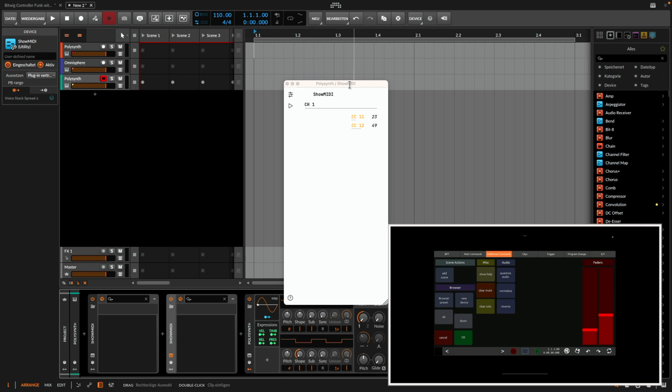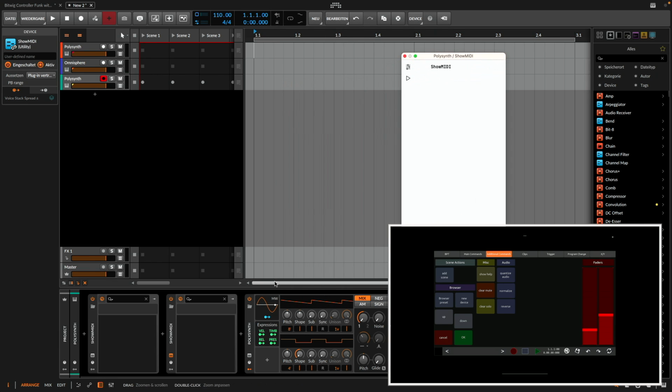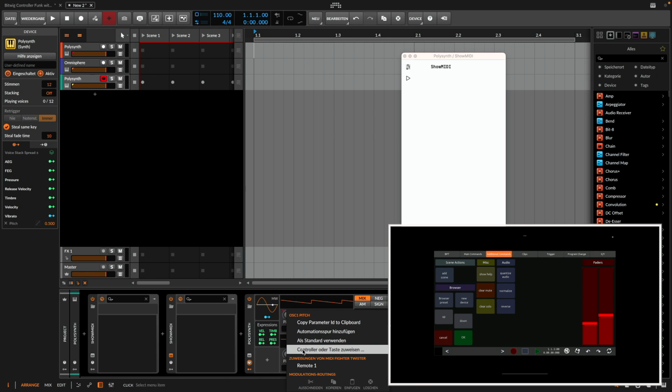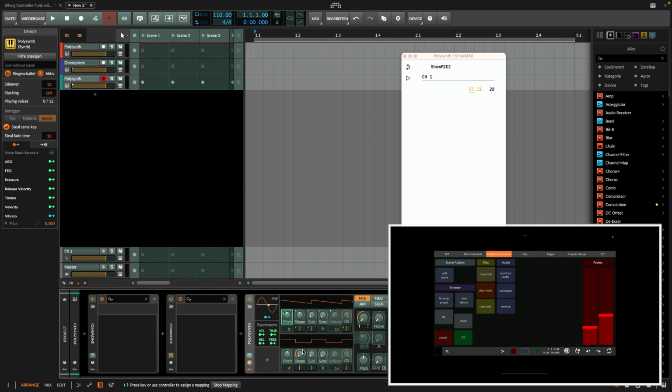Now I found that quite difficult to directly map this to a Polysynth here, for example, even though you see that MIDI is coming in here. Let's try that, for example. Say assign controller or key, Web Controller. I'm moving this. You can see that MIDI is coming in, but it is not picking this up